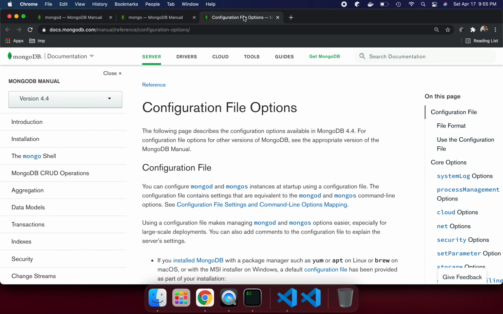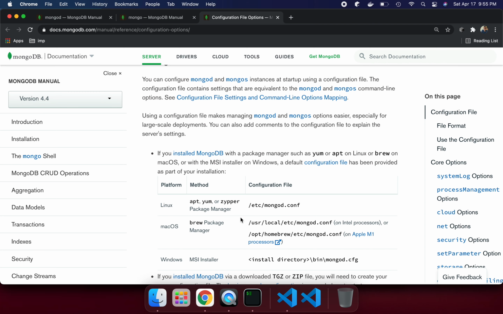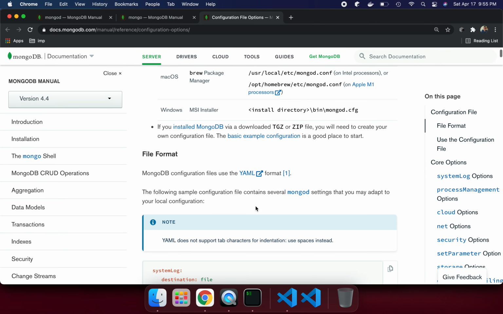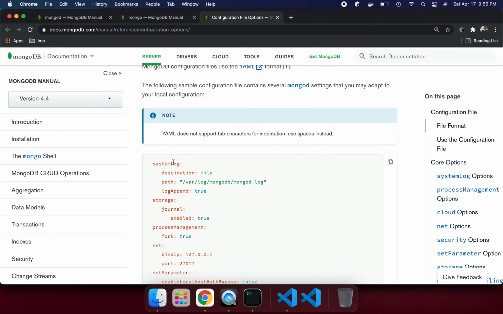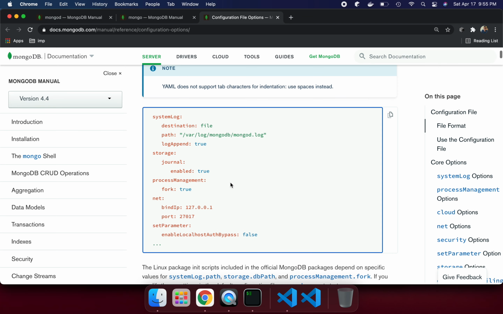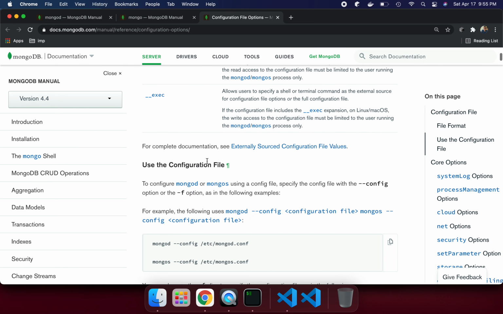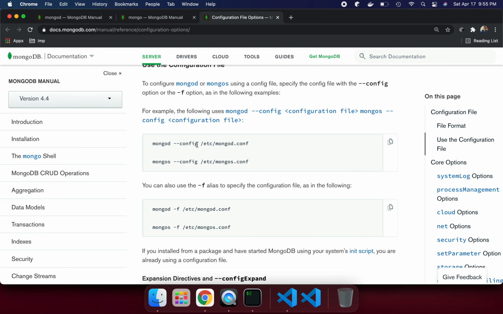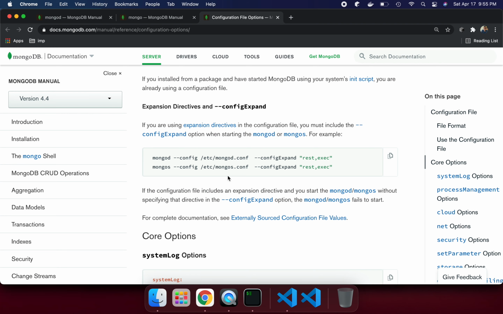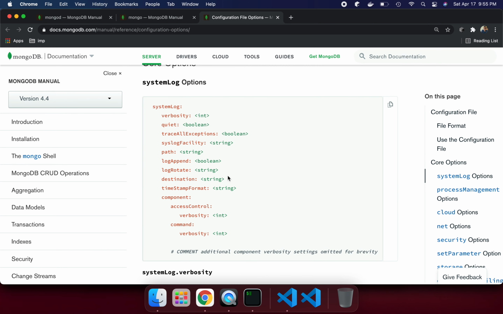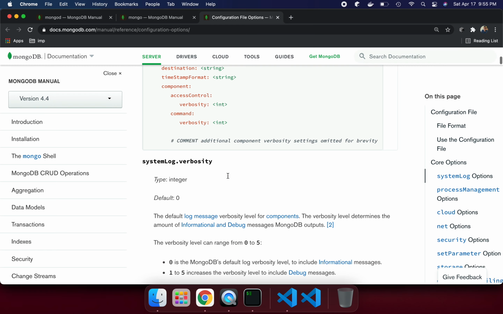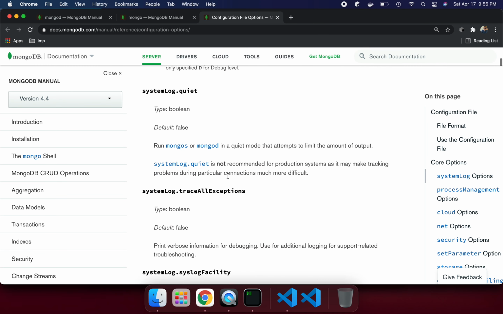We also have one configuration file. If you want to put the options into a configuration file, you can create a MongoDB file at whatever location you want, and you can put in your log location, where the system log is going to be stored, and all the other details. You just say mongod --config /etc/mongodb, with the path where your file is, and it's going to be configured by default. So you generally don't need to set these options separately if you are using a configuration file.